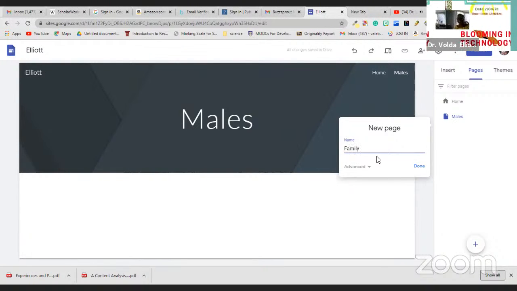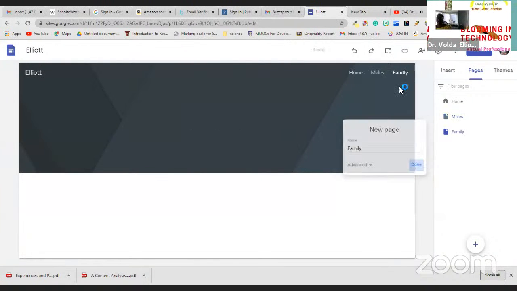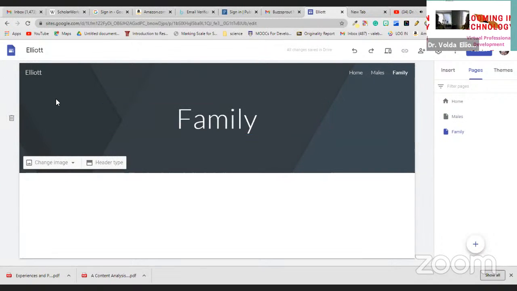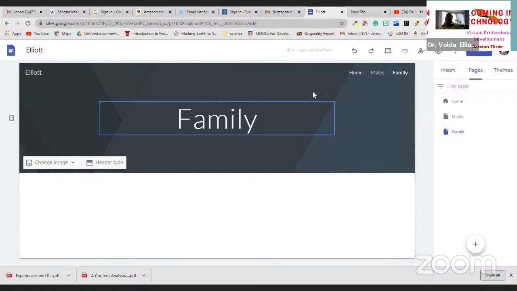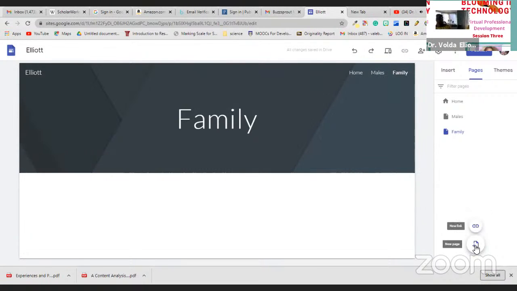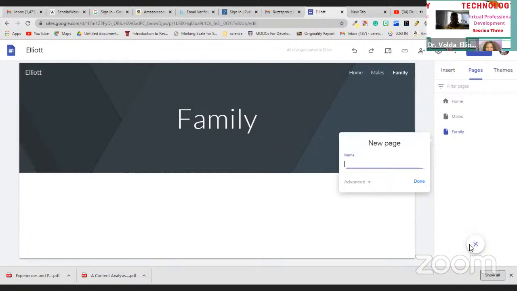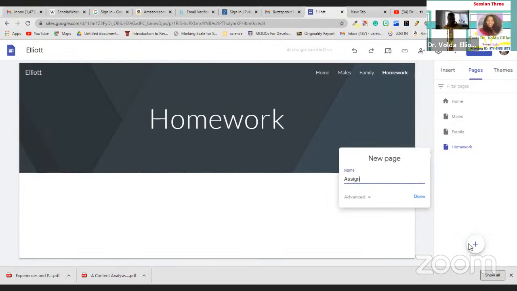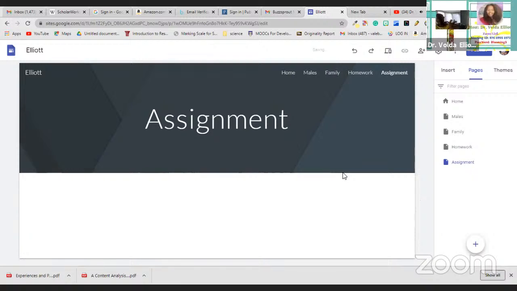And please note what is going on at the upper part of your Elliott's page, that's your classroom page. You are creating the classroom portfolio. You are creating different pages. I'm going to create a page that says homework. And I'm going to create another page that says assignment. And so I am building